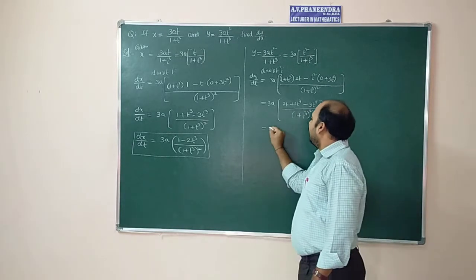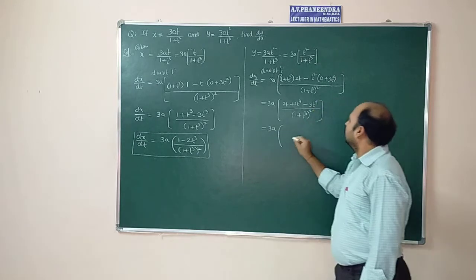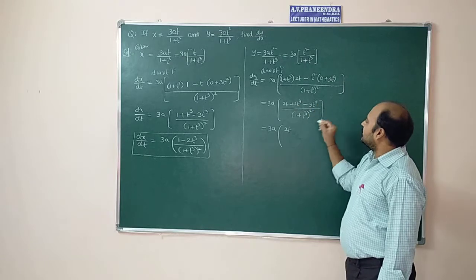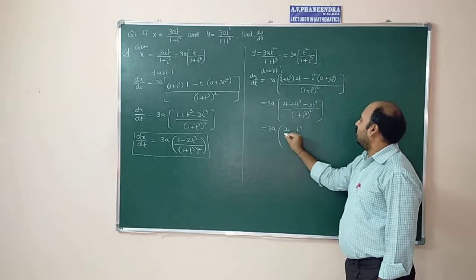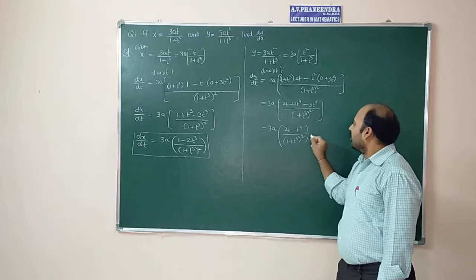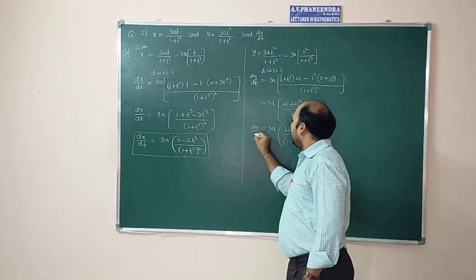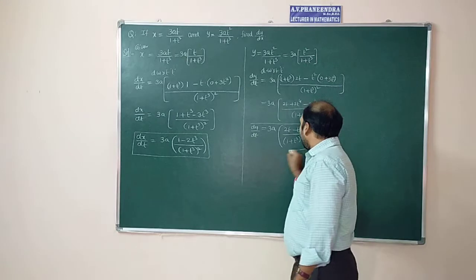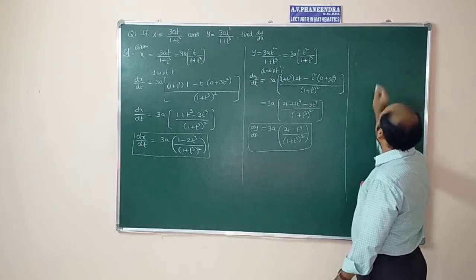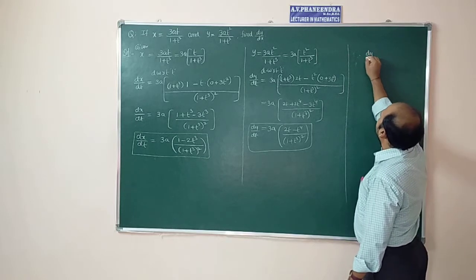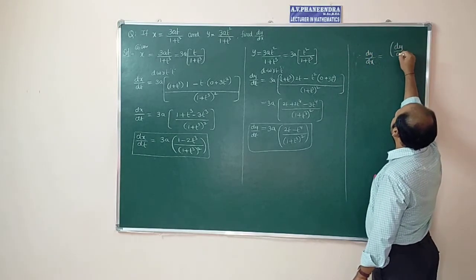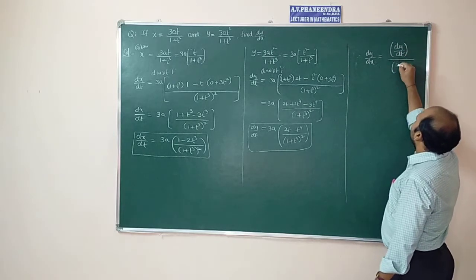Now simplify 3a into 2t power 4 minus 3t power 4 minus t power 4, whole divided by (1 plus t cube) whole square. This is the value of dy by dt. After getting these two steps, therefore dy by dx is equal to dy by dt whole divided by dx by dt,